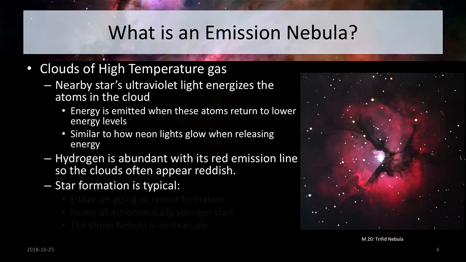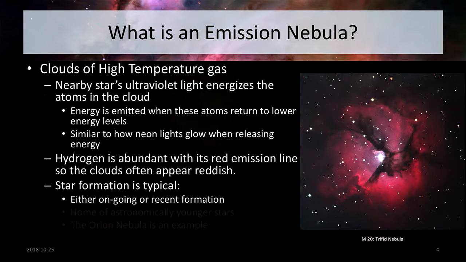All right, that's enough about looking at it, but it's worth noting that in emission nebulae, star formation is a critical thing in these places. It's something that happens very often, and that's how you often get those very big, bright stars, because they're near where you would expect the center of this big cloud to be, so it's where the biggest, most massive stars form, burning very hot, causing a lot of light to be emitted from the surrounding ionized gas. So often it is, again, either ongoing currently or recent, and typically, because you find a lot of star formation there, you'll find, astronomically speaking, younger stars, on the order of maybe a few million years old,